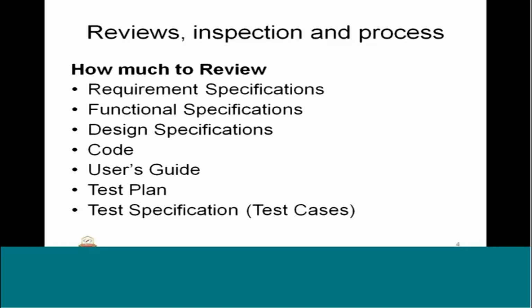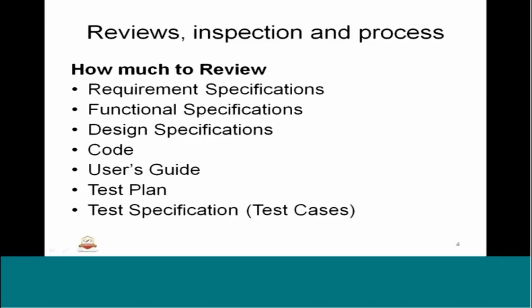Suppose, for example, there is a requirement specification, there is a function specification. We are going to sample using the sampling criteria, which will be defined during the plan of the testing or the development, which will say, suppose, 30% of the sampling should be done. That means if there are 1000 requirements, 300 requirements have to be sampled to see whether it is in place appropriately within the assigned or identified module, whether the specification is as per the standard. Likewise,